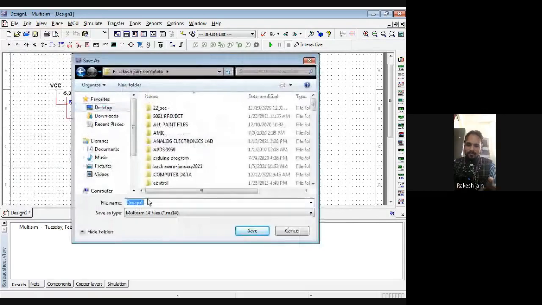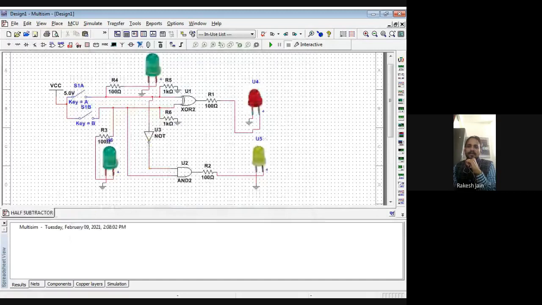If the bottom green LED is on, it means B input is there. If the red LED is on, it means the difference output comes, and if the yellow LED is on, it means the borrow output comes. For the current limiting, I use 1 kilo ohm resistance. So the circuitry is completed.